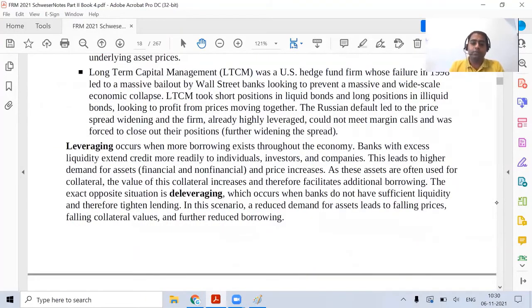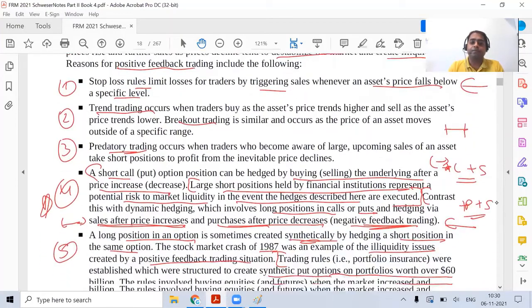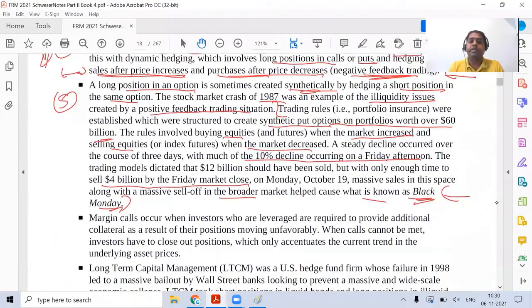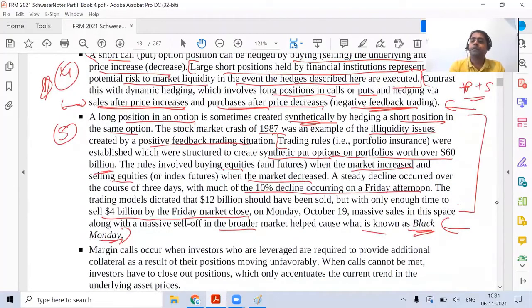Read this entire paragraph, where they're explaining a scenario of the 1987 crash. What happened in that market? A steady decline, a steady increase. Obviously this scenario is there in your book because there has been a Black Monday situation, there has been a decrease. They're explaining that scenario, what happened on Friday and how much they lost. Read that entire paragraph. Not so important for the exam, but this is just for your reading.